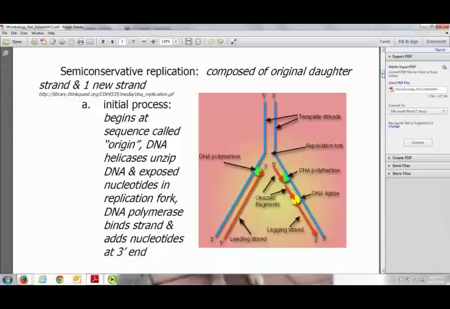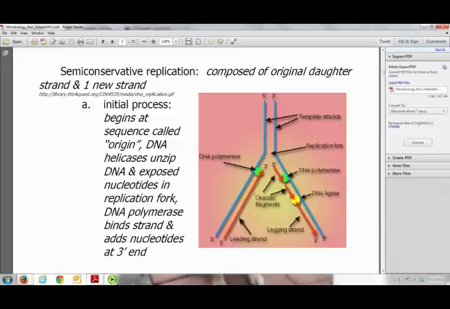So DNA replication is going to be semi-conservative. It's going to be composed of one original strand and one new strand. Here at the top you can see your two original strands. When they split apart, you have one original strand and one new strand forming on there. The initial process is going to begin at a sequence called the origin, and the enzyme DNA helicase will